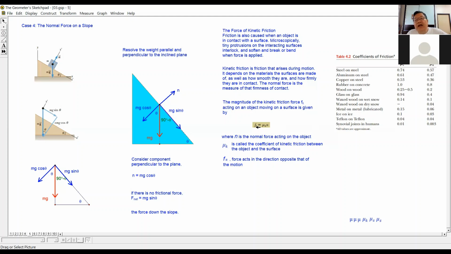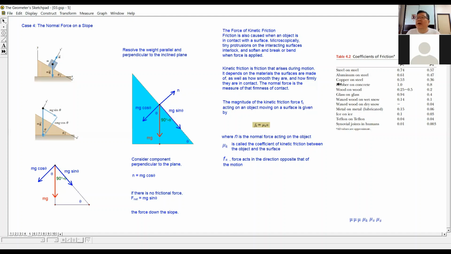Why do they put the small k there? The small k is to say when the object is moving. When the object is moving, the frictional force and the coefficient of friction are different from the frictional force and coefficient of friction when the object is not moving. When the object is not moving, they use the symbol small s, static friction and static coefficient of friction. But in this case, for the start, we are looking at the kinetic friction and the kinetic coefficient of